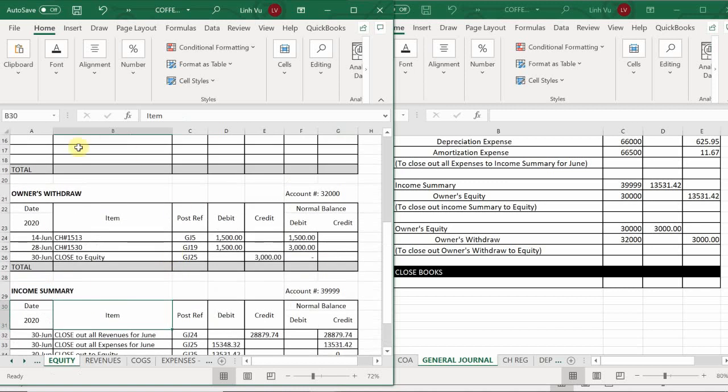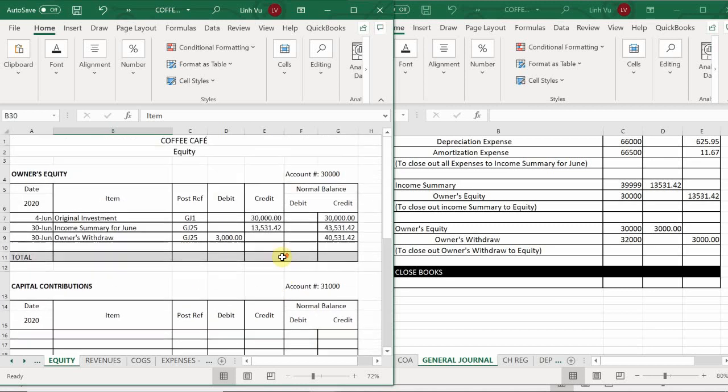Here, the owner's withdrawal, we had to credit the owner's withdrawal, so we're able to debit it into our owner's equity. Okay, so that's the exact trend right here. We had a beginning balance or an original investment of $30,000. Since we had a profit, when we debited our income summary, we credit the income summary to our owner's withdrawal, which gave us a new equity of